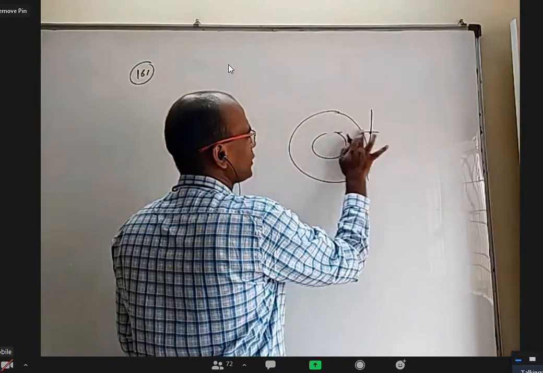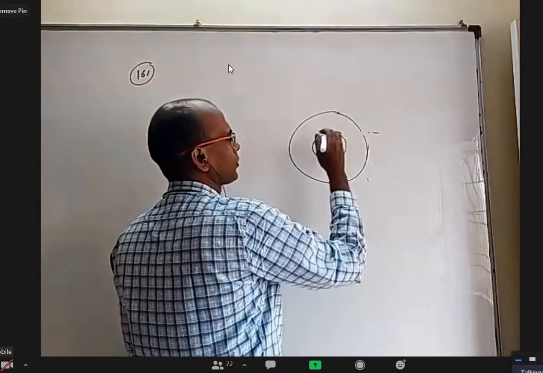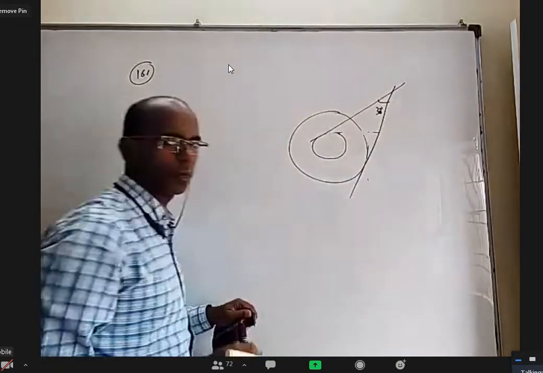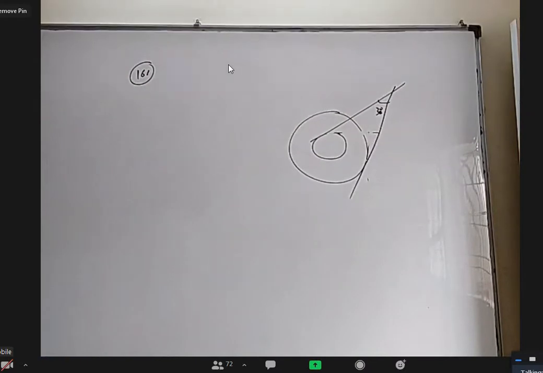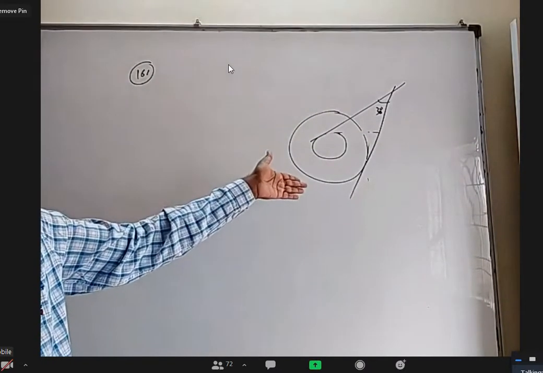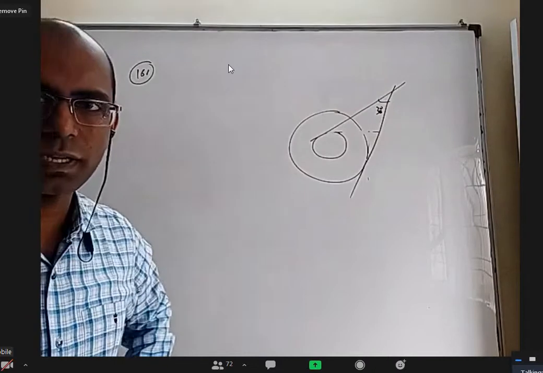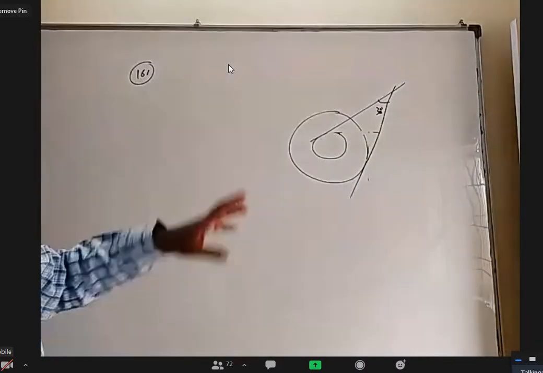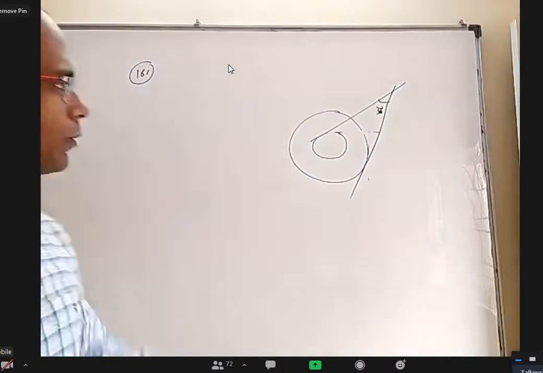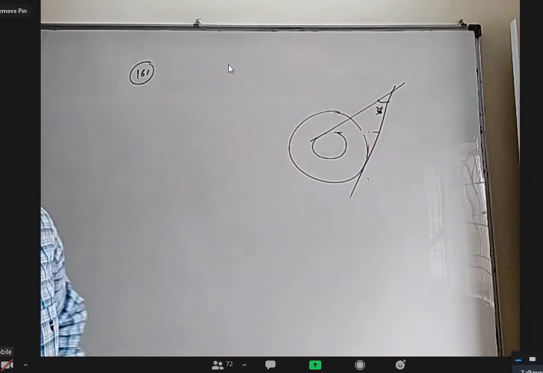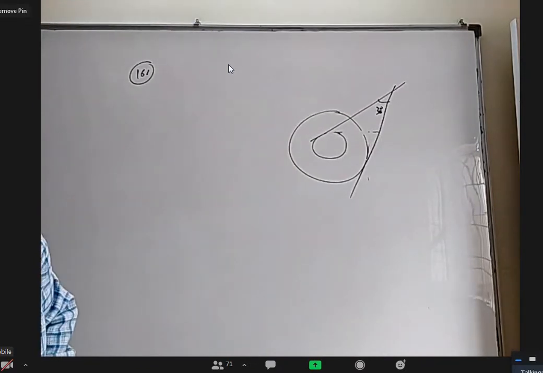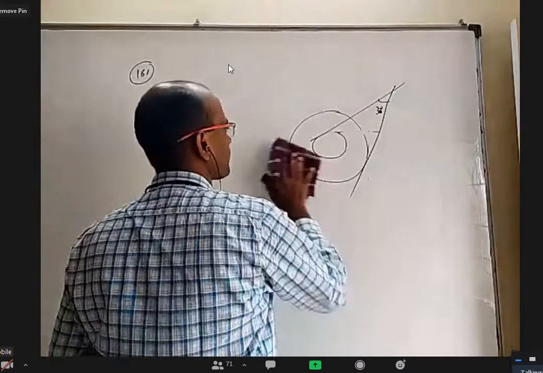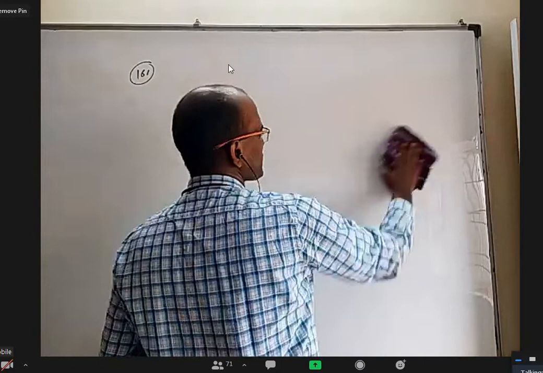Now, what if I don't say they're perpendicular? There is one tangent to this and there is one tangent to this. This angle is 30 degrees. What is the locus of that point? One tangent to circle x square plus y square equal to a square, another tangent to circle x square plus y square equal to b square. The angle between them is 30. What is the locus of that point? Okay, I wanted to ask this. Okay, think about it. If somebody wants, I'll discuss tomorrow. If somebody already got, you write the question properly and write solution neatly and send to me also. Instead of 90, it's 30.